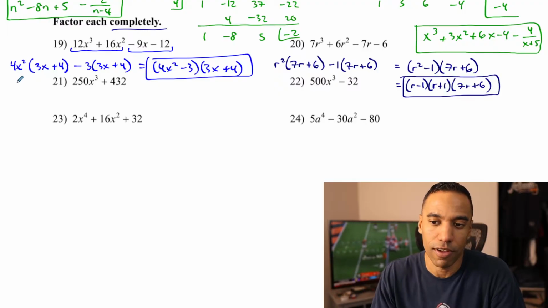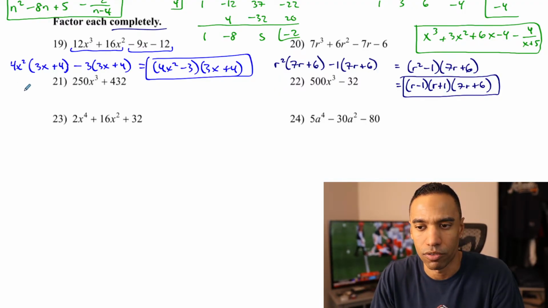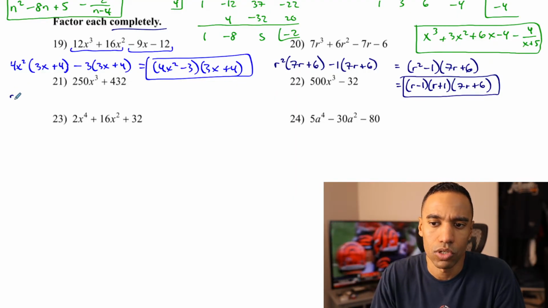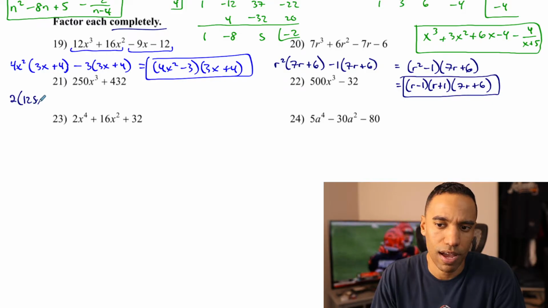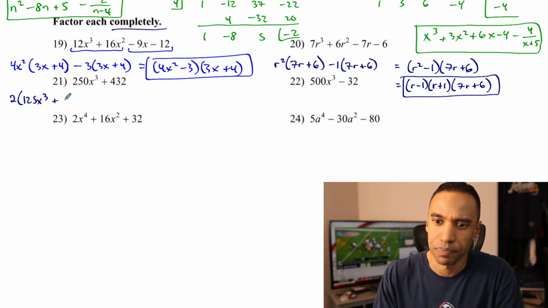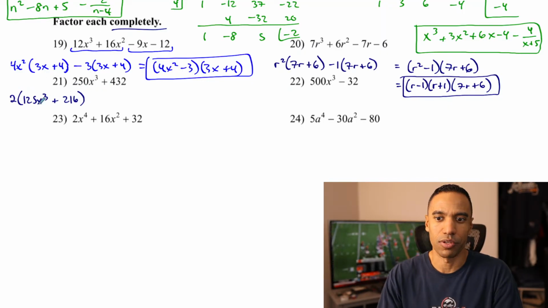I see a GCF of 2 at the very least. I believe that'll probably, actually, I don't know for sure. No, 4, yeah, 2. 2, and you get 125x cubed plus, what is that though? 216. Now, you would be done if there's nothing else that you could do here, but this is a